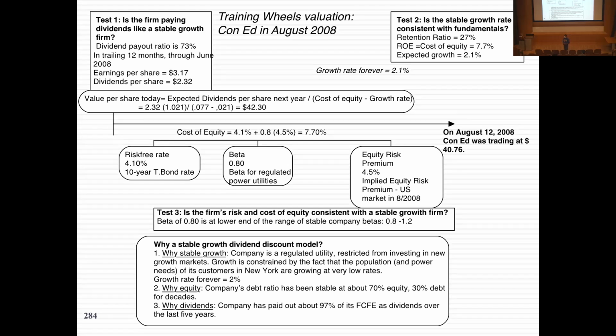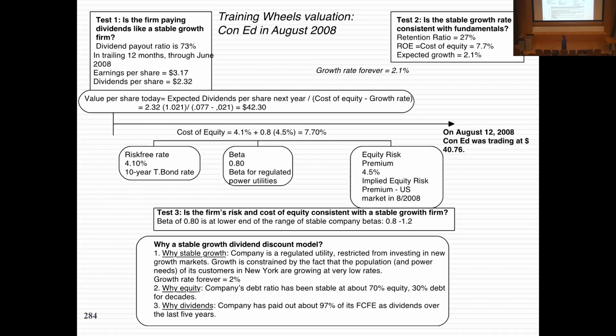I valued Con Ed with a stable growth dividend discount model. But I'm saying, if any of you decide to go with the stable growth model, check the numbers, kick the tires first, right? You don't want to just impose a stable growth model because it's an easy model to work with. Make sure your company is low growth. Make sure it's behaving like a low growth company. It's either paying lots in dividends, or it's not reinvesting very much. And if the facts align, then you can say, you know what? I don't have to have 10 years of growth.